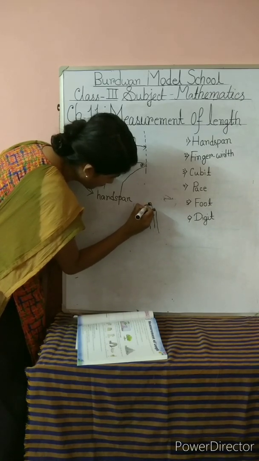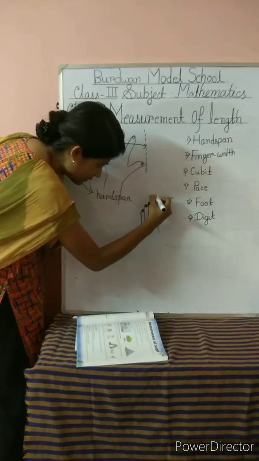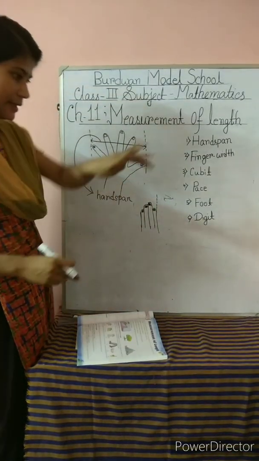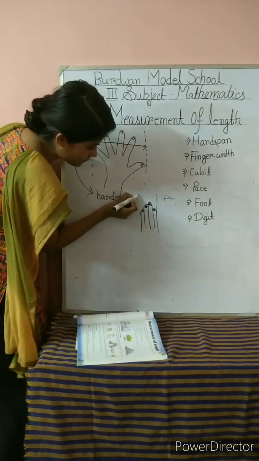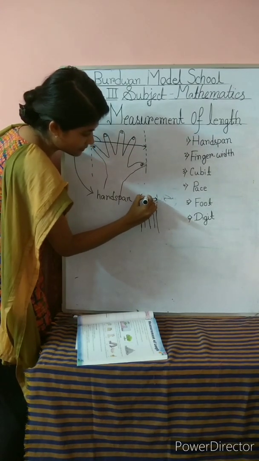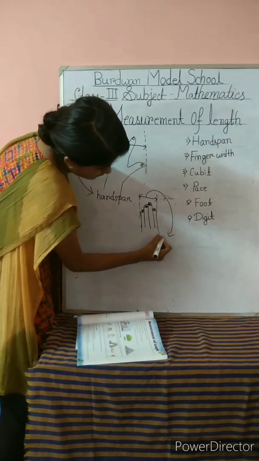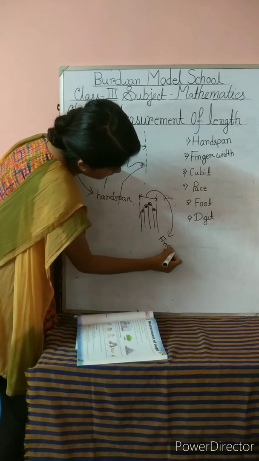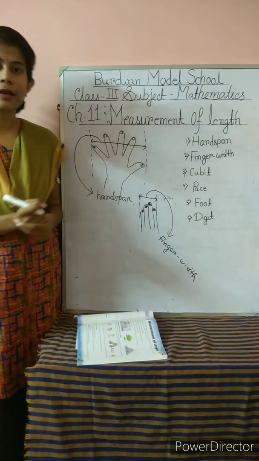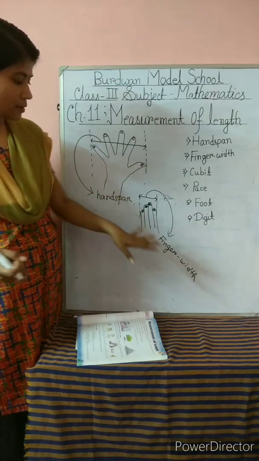When you draw on your copy, I think it will look better than mine. Then after that, you have to make a dotted line which touches your index finger and your little finger. And then after this, the length is the measurement of your finger width. Now, if you want, you can trace your father's handspan, your mother's